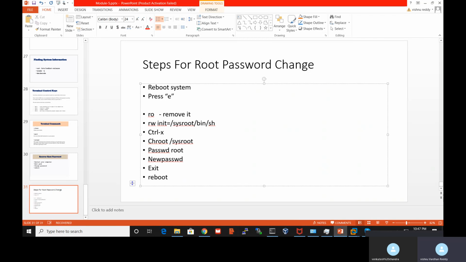Once you open that, if we are in a VM, the window page will be very small, so scroll down with the down arrow. Wherever the Linux kernel line is displayed, that is the line where I changed it. You can check in the video. From that line, we need to remove that RO.